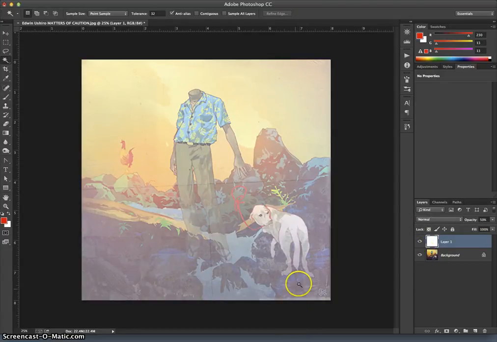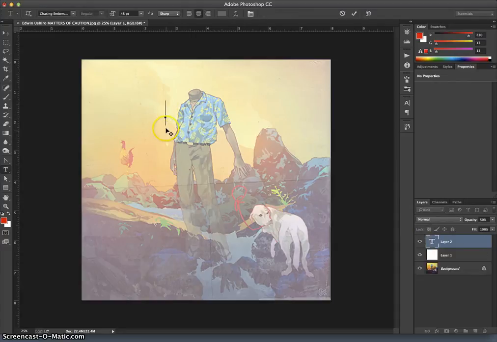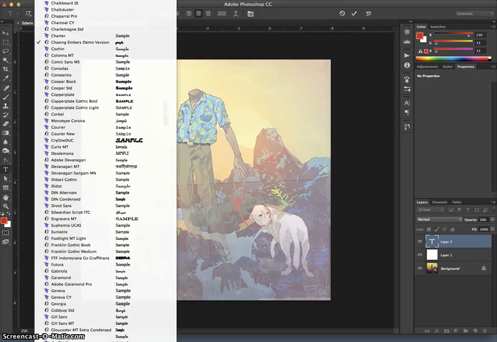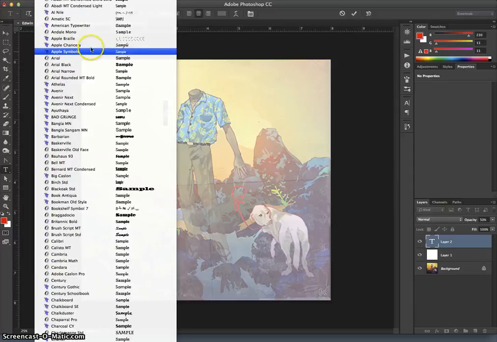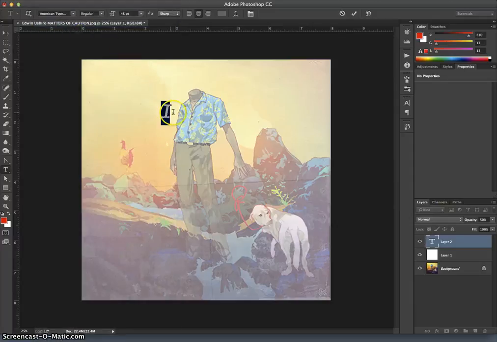Okay. Now here are the limitations of this. We are not going to trace. We are not going to use the pencil tool, the brush tool, the paint bucket, anything. The only tools we're going to use are the vector tools in Photoshop. Which means if I thought that this shape could be made with a large capital I, I could use the text tools if I want, because the text tools, fonts, are vector tools within Photoshop. So if I do an I, it's a pretty cool font I'm using there, called Chasing Embers, a custom font. But if I just use a regular, like an American Typewriter font, I, capital,